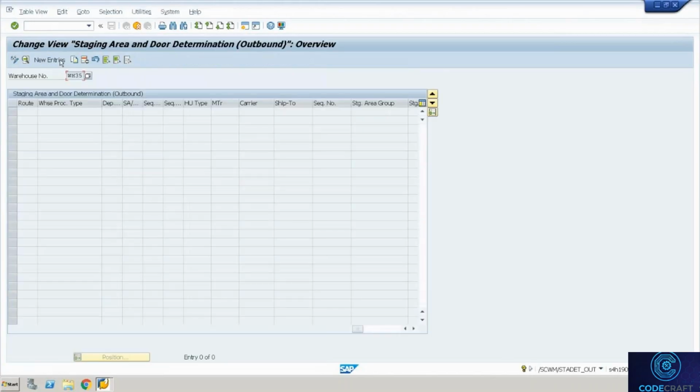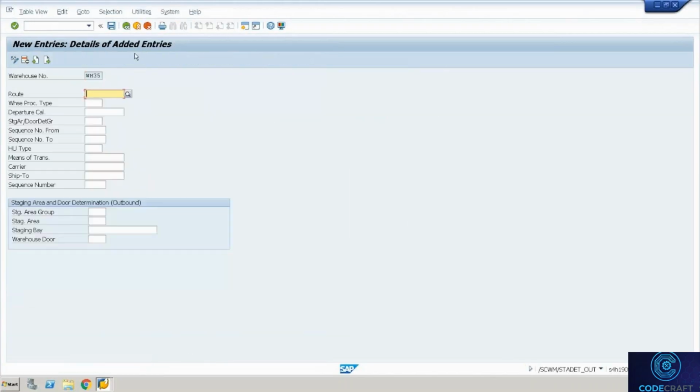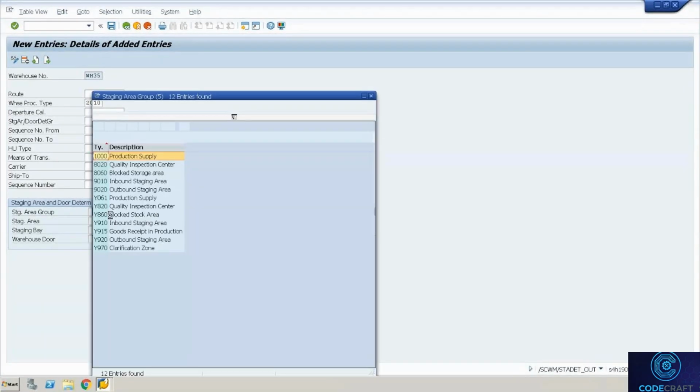Here for outbound, based on process type, route, customer, you can say which staging area. Rule based means you have to go to the easy access screen. There is a similar screen for inbound and for packing also. Based on several parameters, you can say what is the staging area group that we want to determine. I'll say 9020 is outbound staging,